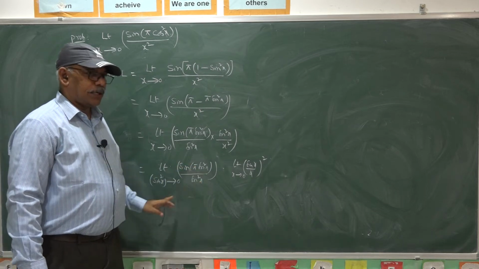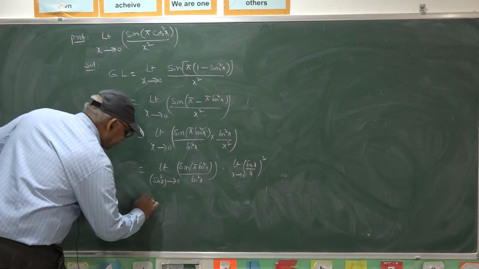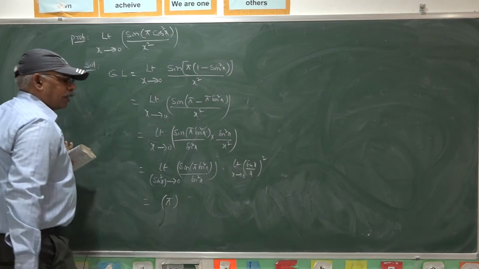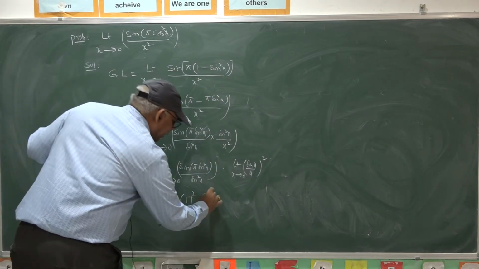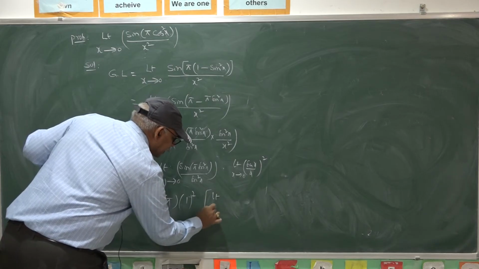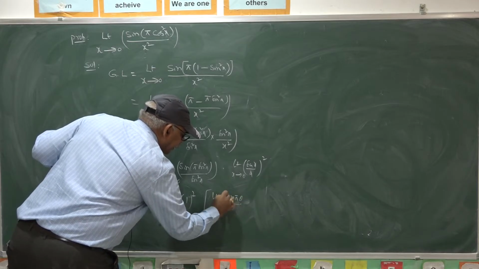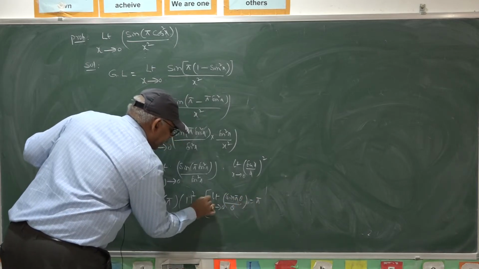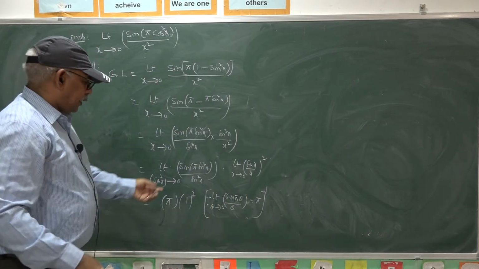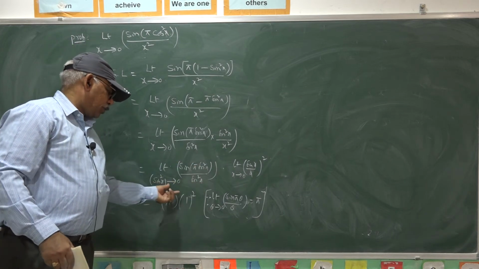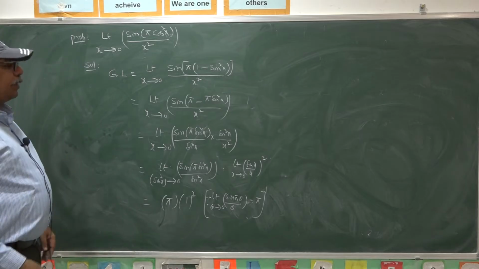Sin a theta by theta, or sin pi y by y as y goes to 0 form, is clearly pi here, and this is 1 clearly, the base function square. Just applying limit as theta goes to 0, sin pi theta by theta is clearly pi, based on this result. Hence, the required limit is pi. The limit is pi.